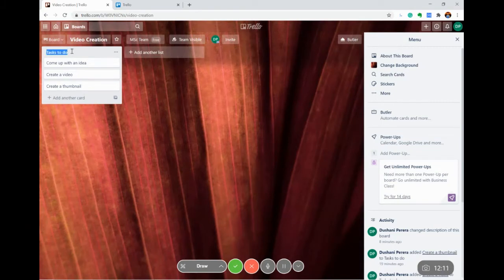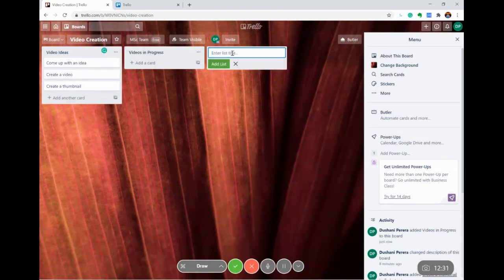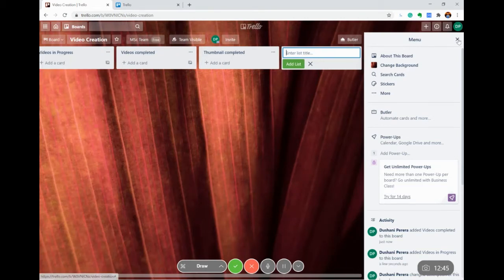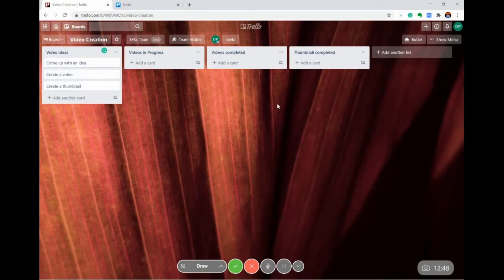So let's go ahead and name this list as video ideas, and then add another list, videos in progress, and then another, completed, and then I'll have thumbnail completed. So this is my workflow, and I will be capturing the entire process using these three lists, inside